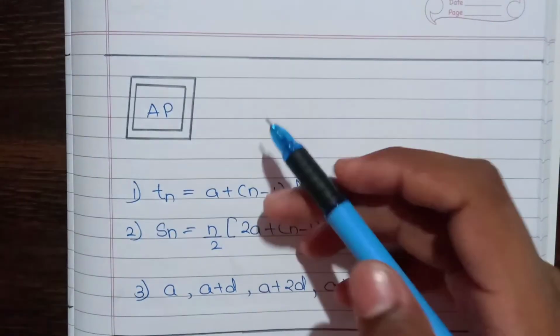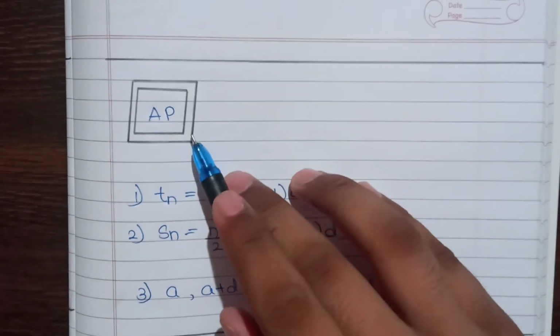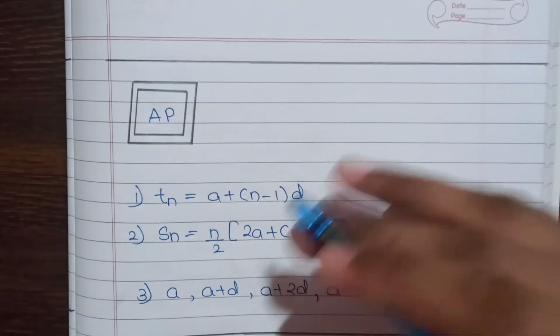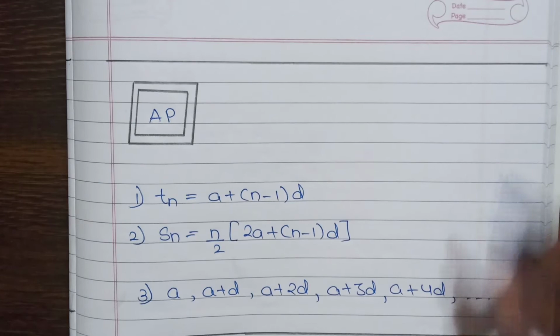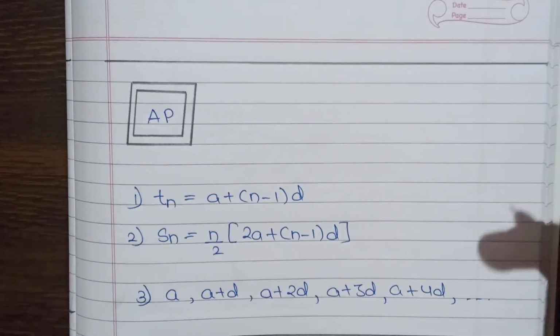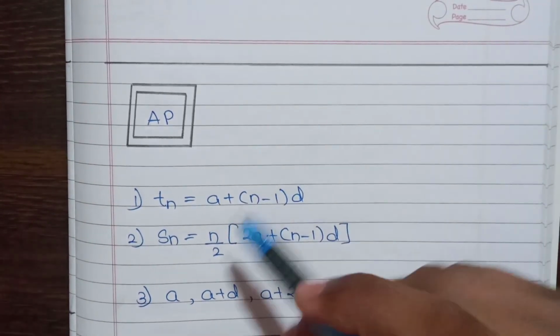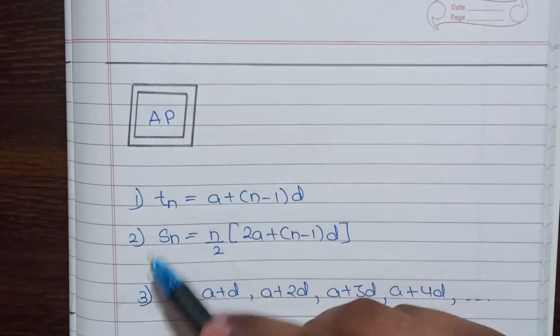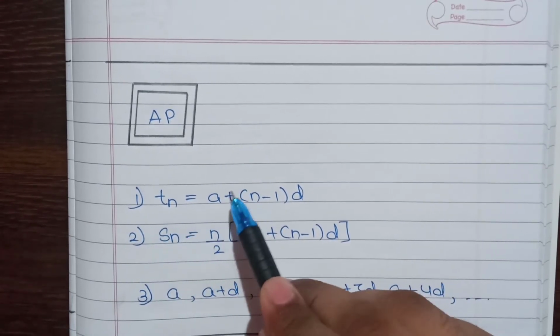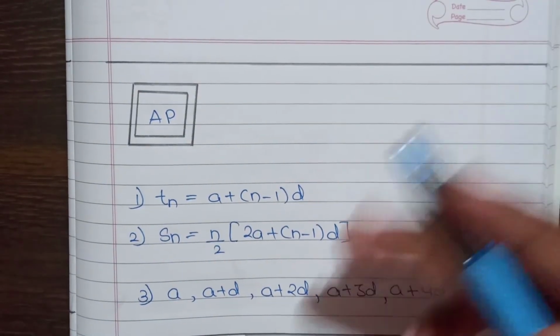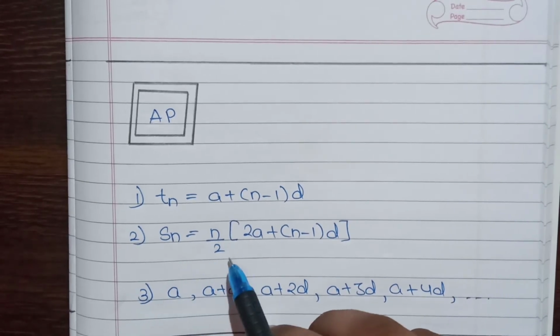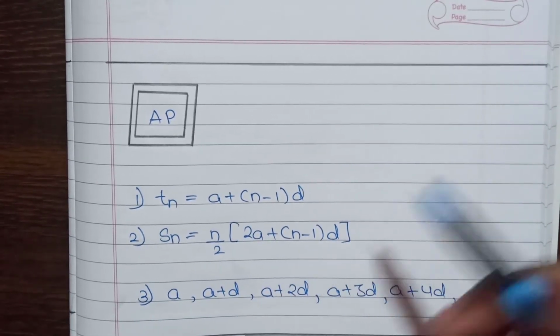So now here we have a few formulas of arithmetic progression, and in a few seconds or so I will also teach you the formulas of GP, which is geometric progression. So for arithmetic progression you would have learnt Tn equals a plus (n minus 1) into d, a very common formula. Sn equals n upon 2 bracket 2a plus (n minus 1) into d.